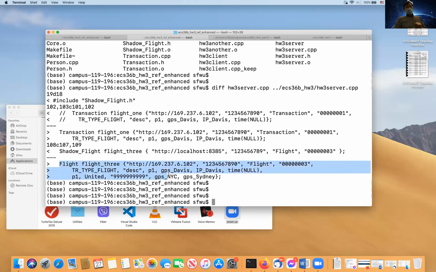You see that in the old version, I have a fly, because for that particular fly object, fly 3, it is a real object. But now you see that I'm changing that to shadow fly. So essentially, this part is replacing the 3 lines below.